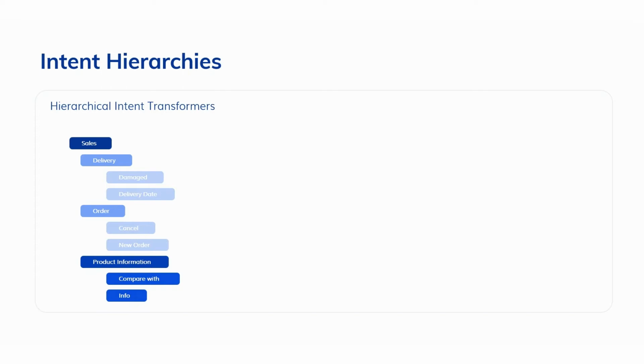After slot mapping is taking place, the next step is so-called intent mapping. Intent mapping is where the machine learning really kicks in. And Cognigy has a unique capability called hierarchical intent transformers that allows the NLU engine to do the intent mapping in different layers, in different steps, if you will. This is an optional feature. This is not required, but you can definitely make use of it, and we make it very easy to do so in Cognigy. It's all visual.